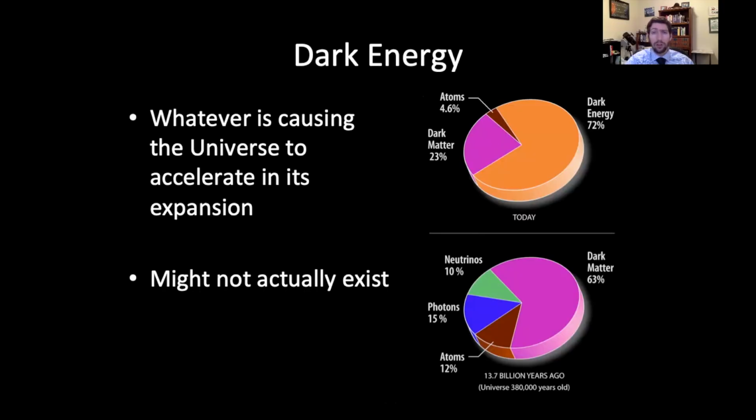We don't know what dark energy is. We just know that the universe is accelerating in its expansion, and this physical effect should have a physical cause. How do we know that the universe is accelerating in its expansion? We know this from measuring the redshifts of type 1a supernovae. Because a certain type of supernova releases the same amount of energy whenever it happens, we can look at how bright those are and know how far away they are and how fast they're moving away from us.